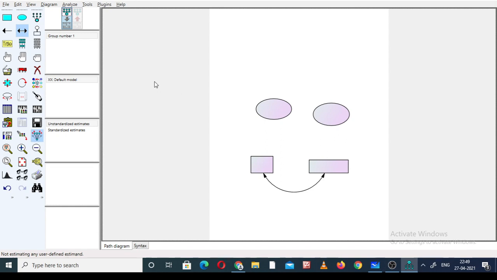In the first video we discussed this, and this is enough for the first video. I told you what AMOS is, the basic concepts of AMOS, the rules of AMOS we already discussed, and this is the framework of AMOS, and these are the basic functions. So that is all about the first video of AMOS, the basics. In the second video we will discuss the plugins and the errors also. So thank you very much.